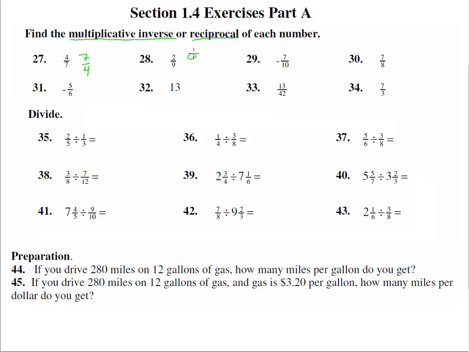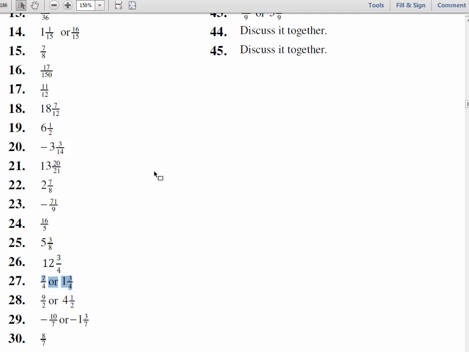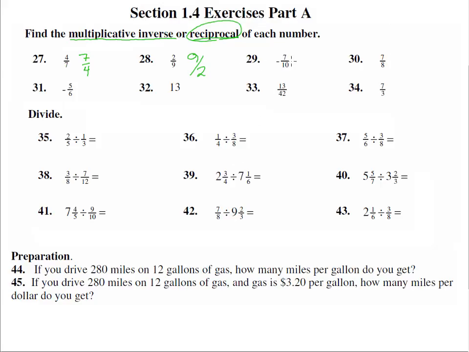Flip that over and you get 9/2. And that's all we're doing. The reciprocal is just flipping it over. So 9/2. And you could rewrite that as 4 and 1/2 if you wanted to. Yeah, 9/2, 4.5. 29, flip over -7/10 and it will be